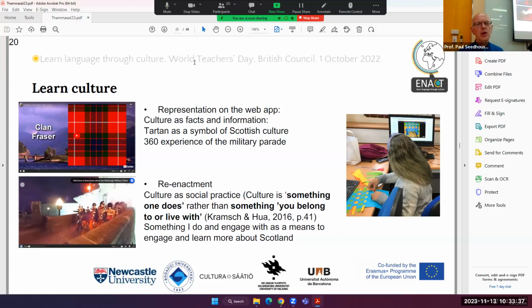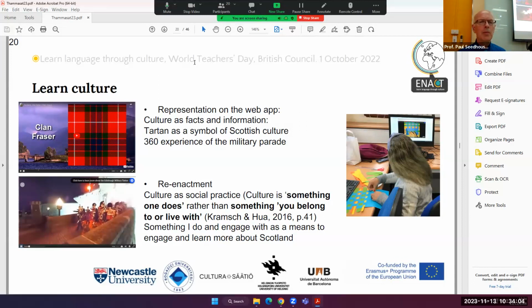However, the newer concept of culture is that it's a social practice rather than just information that you learn. And so this looks more at how people engage with the foreign culture, how they combine cultures, how they learn something about that way, so not facts.